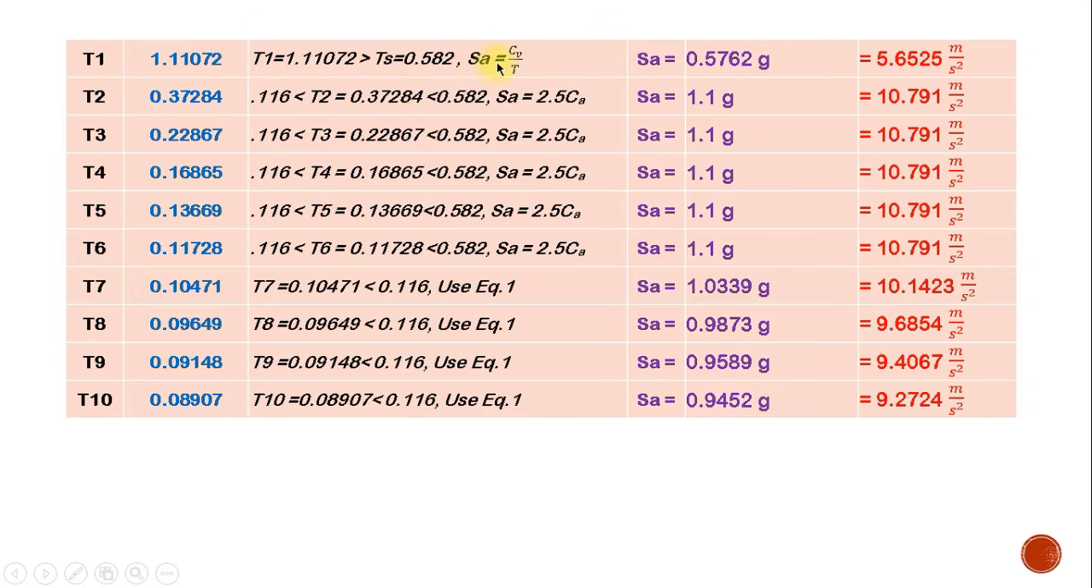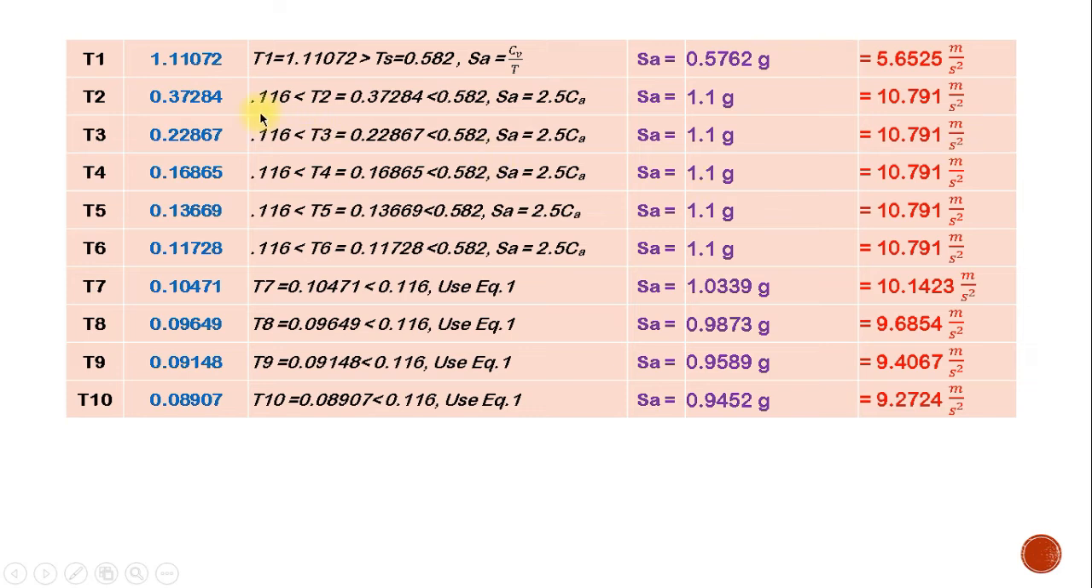So, ang ating magiging formula is CV over T. Since as indicated sa graph na ito, ang ating magiging formula kapag greater than TS ang ating model period. So, SA is equals to 0.562 times gravity. So, if you multiply this 0.562 times 9.81 meter per second squared, ito yung ating magiging spectral